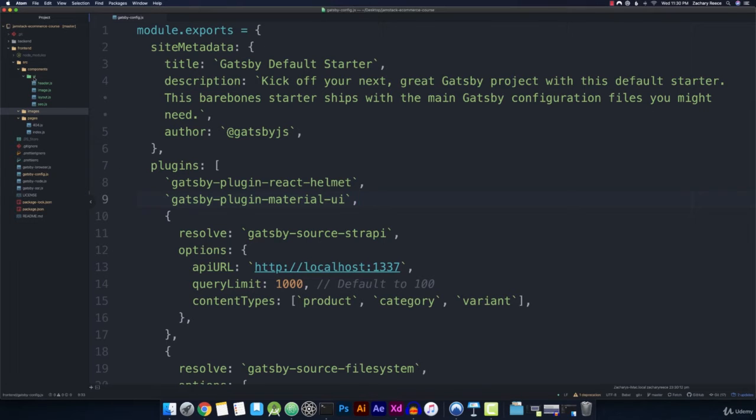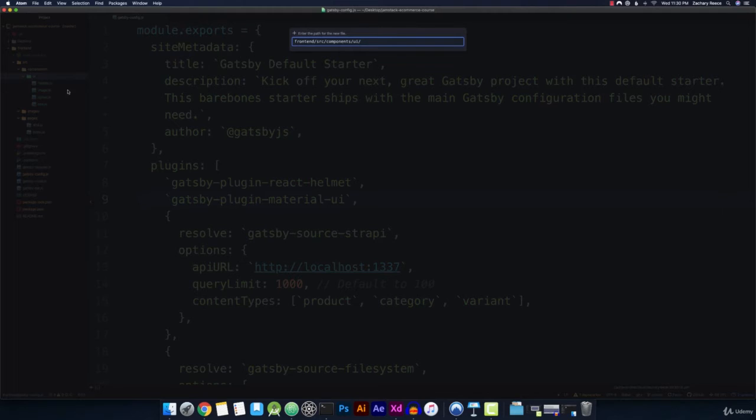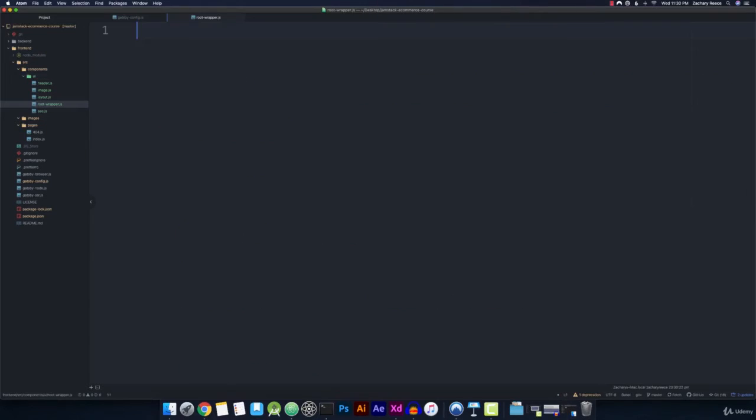So now in the UI folder under components, let's go ahead and create a new file. And let's call this our root-wrapper.js. All right, and inside of here, we can define a component and a structure that we want to wrap our entire application. Okay, so the first thing we need to do, just like with any component, is import React from React, and then we'll import our first Material UI component. We'll import, and then we'll destructure this out, the theme provider